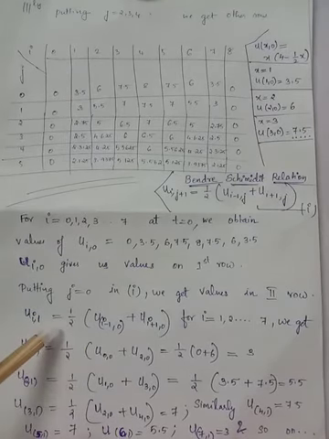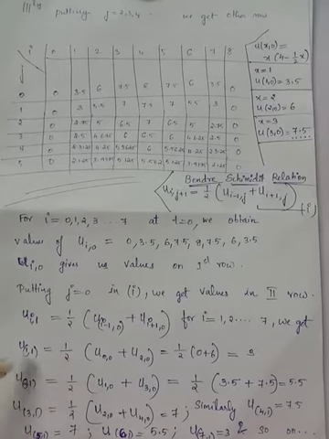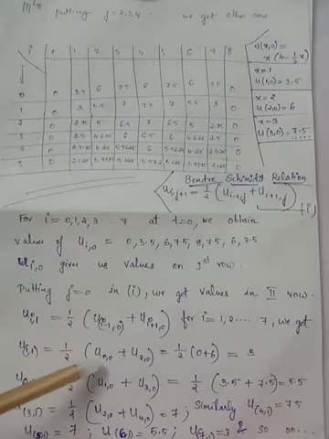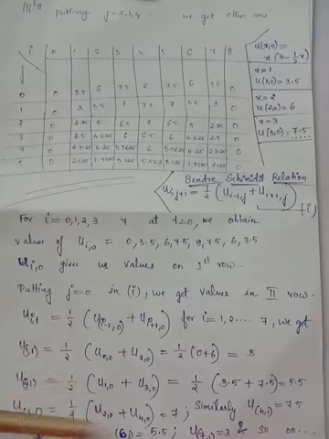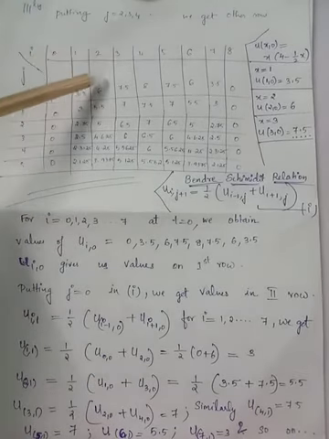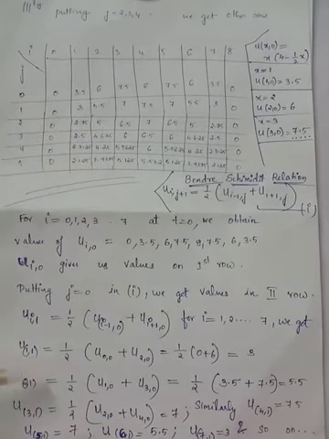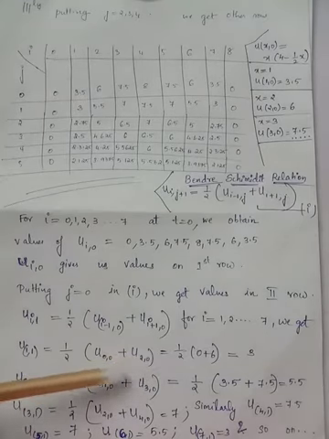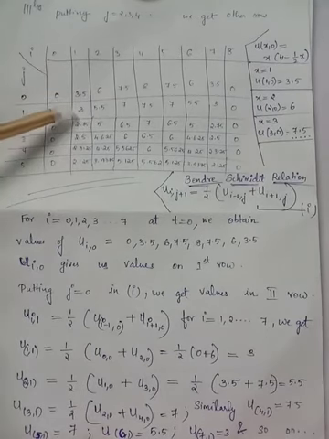Now in this equation you have to vary i from 1 to 7, because the column i equal to 8 is already taken as 0 entries. Now you start varying i from 1 to 7. When you substitute i equal to 1, you get these terms as u00 and u20. u00, the answer is i equal to 0, j equal to 0, which is 0. u20, the answer is i equal to 2, j equal to 0, which is equal to 6. So the answer of u11 is half times 0 plus 6, and you get the answer as 3. So u11, which is the i equal to 1, j equal to 1 position, will take the answer as 3.